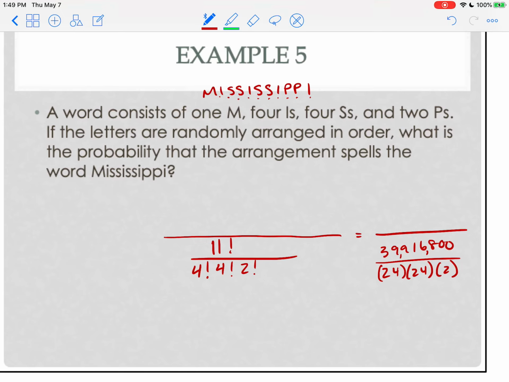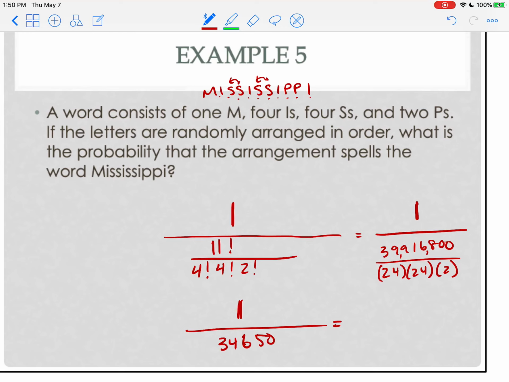Sorry, not dividing. So that's going to give me, the denominator here is 34,650. Okay? Now, out of all of those words, how many are the word Mississippi? Well, since I took out all the duplicates, like where these 2 were switched and these 2 were switched, since I took out all the duplicate Mississippis, there's only one way to make the word Mississippi. So the answer here is 1 out of 34,650,